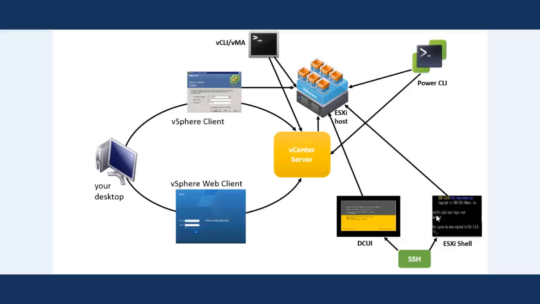So now you can connect with the DCUI or ESXi shell from a remote location by using SSH. And you can even connect with the DCUI or ESXi shell by using HP iLO if your ESXi is installed on an HP server, or you can use Dell DRAC if your ESXi is installed on a Dell server. But again, through SSH, you can connect with the DCUI or ESXi shell. So options are limited, and by using this ESXi shell, you can manage only one host at a time.